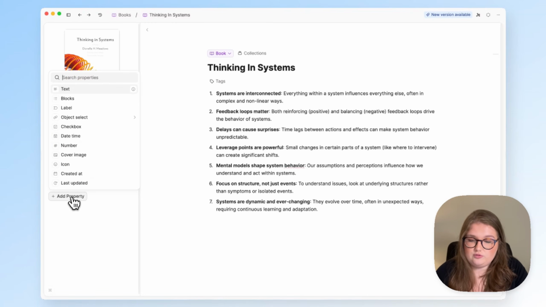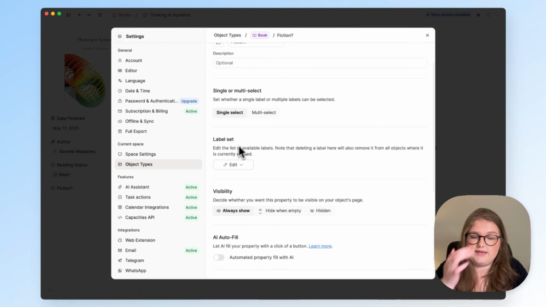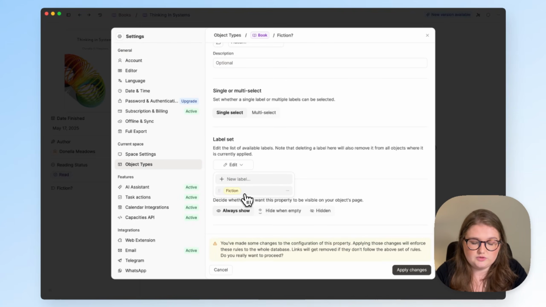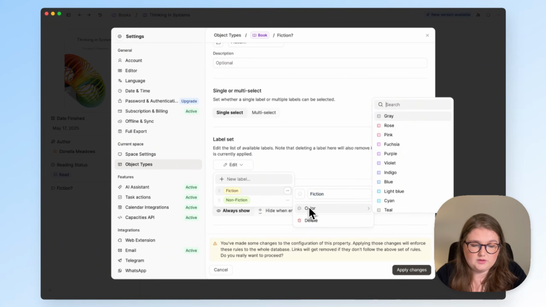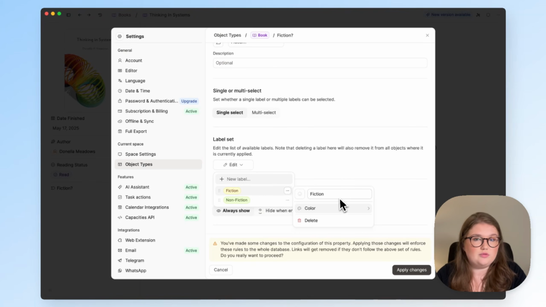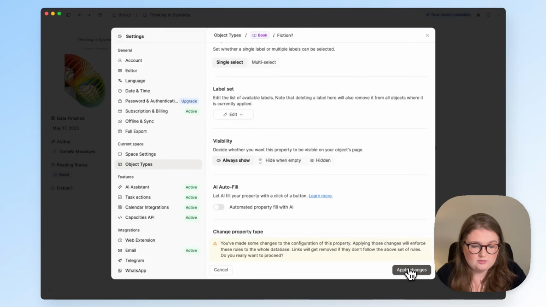So if I go to Add Property, Label, and in this Label Set section, this is where you define the drop-down menu that you want to see. So obviously for this, it's a simple one with just 2. So I can add them to the set. You can add icons or change the colour through the 3 dots here. I'm happy with those though, so I now have that set, and I need to make sure to click Apply